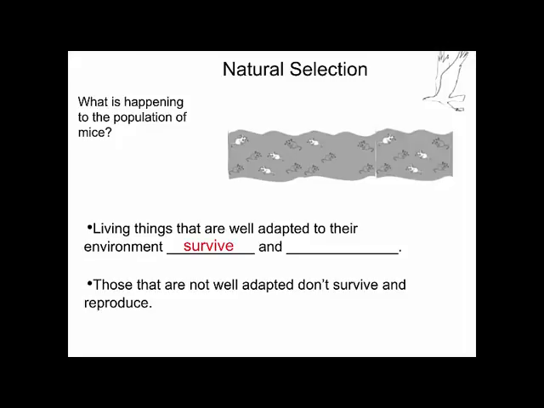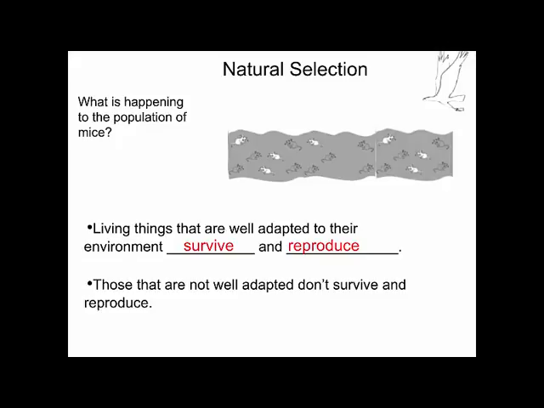So, in natural selection, the main concept is that living things that are well adapted to their environment, that have good, helpful traits and characteristics, are going to survive better than others. And when they survive, they can then reproduce and pass on those